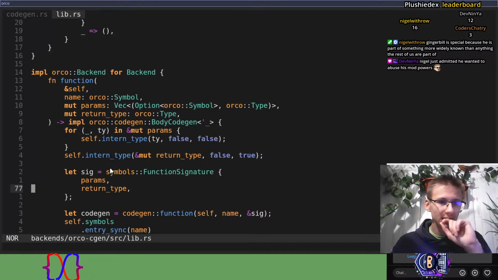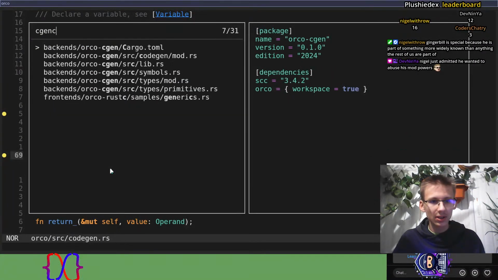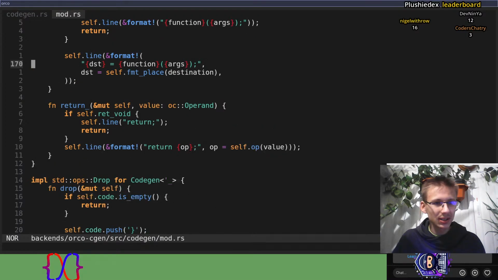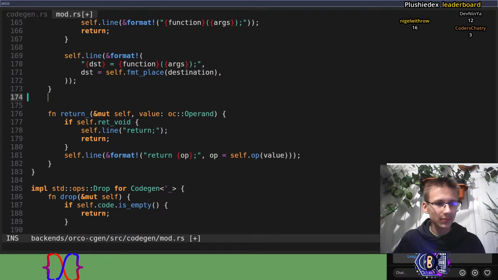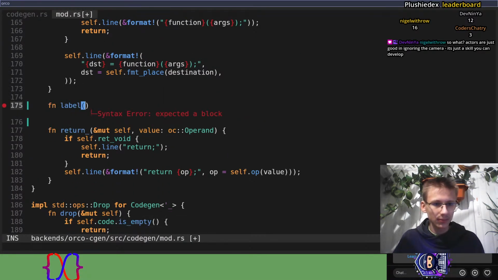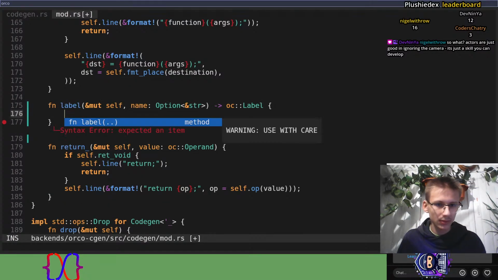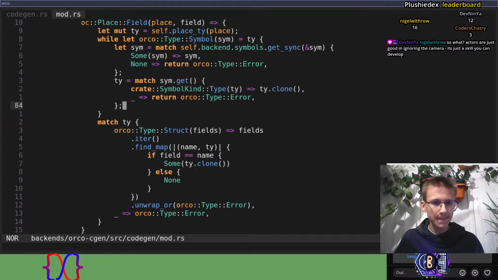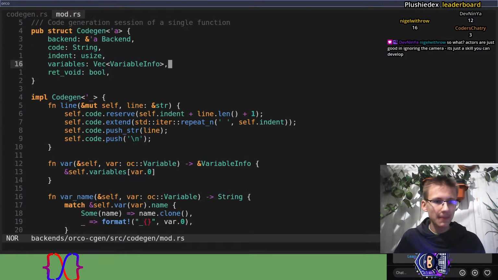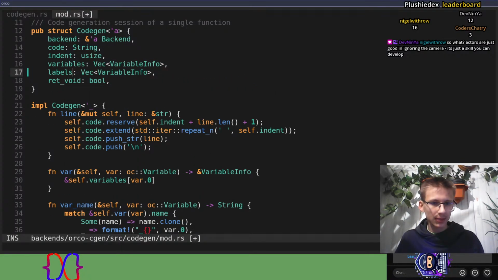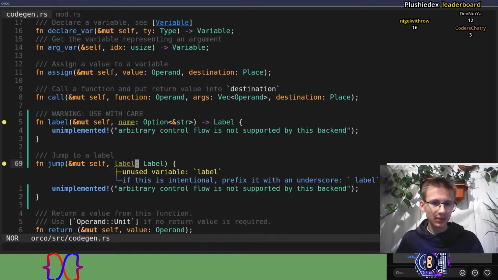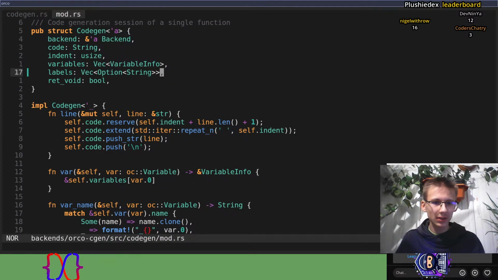So where is, oh, that's Liberas. Cgen. Let's go here. Call on label. Label. Label spec of option of string. Also might as well